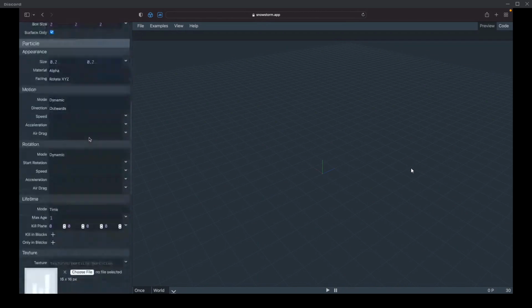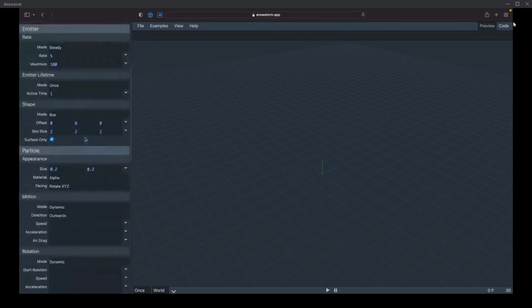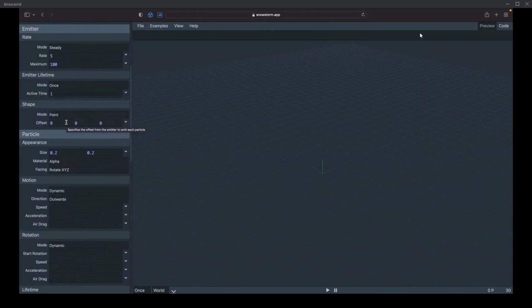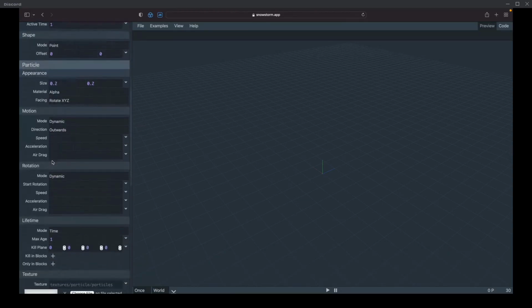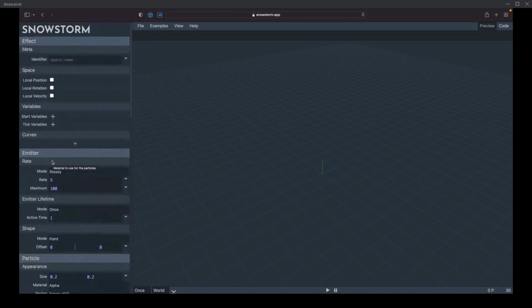It's good enough to just mention that you can spawn them in a circle, in a box, or really commonly in a point. Yeah, generally, if you're going to be manually emitting particles, you're going to pick point, and you're probably going to want to use Molang. So if I do something like, let's see, all of these fields, almost everything that you see here supports numbers or Molang. So I can just type math.random, I should switch to integer,